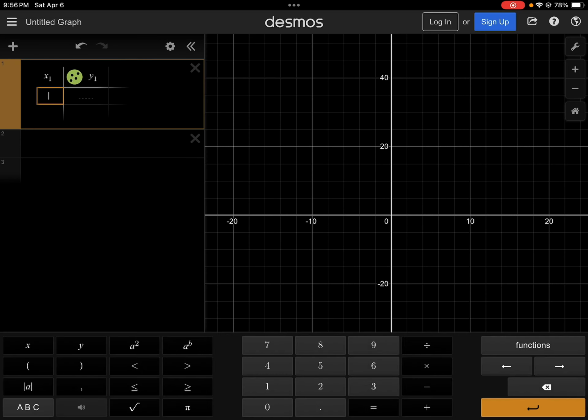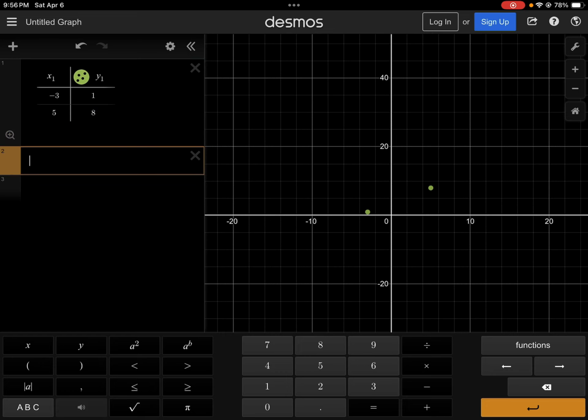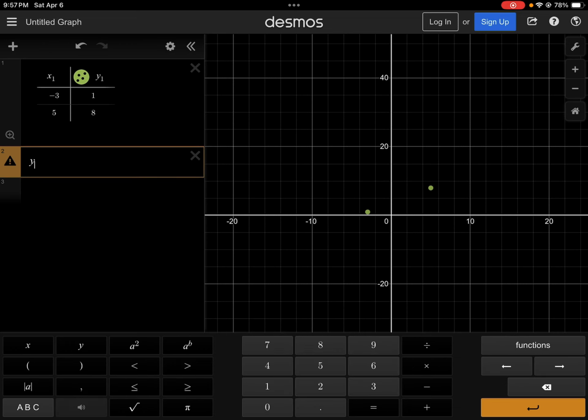Plus sign table, and I have negative 2, negative 3 that goes with 1, and then I have 5 that goes with 8. Okay, now it's y equals mx plus b, but I don't have y, I have y1. If I wanted to read this table, I need to tell it to look at the y1